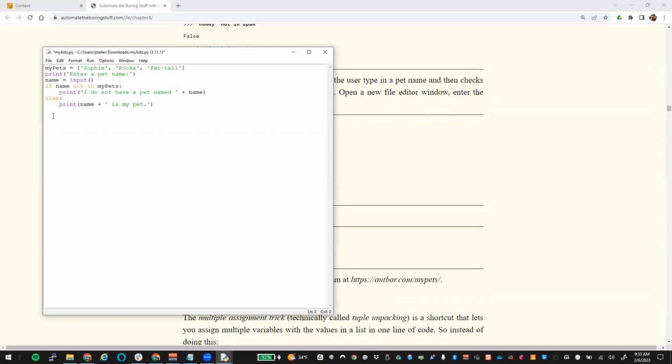We would probably want to do something like this in a while True statement so that we can keep them in there indefinitely until they type something that is actually legitimate. For example, this one here, in which case we could use a break to get out of that while True. Right? So if we run this one,